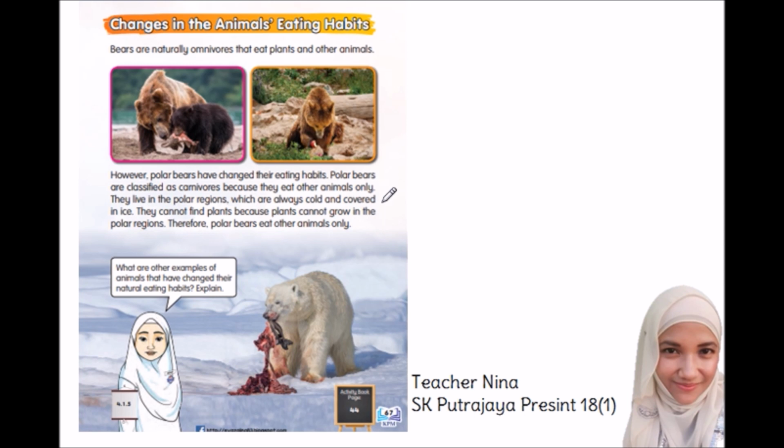They live in the polar regions, which are always cold and covered in ice. They cannot find plants because plants cannot grow in the polar regions. Therefore, polar bears eat other animals only. So do you understand this? To sum it up, what we learned is